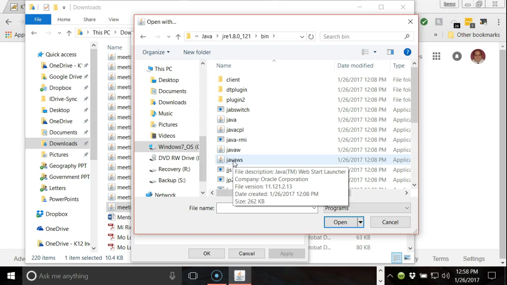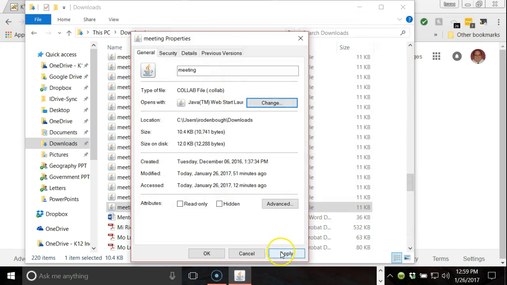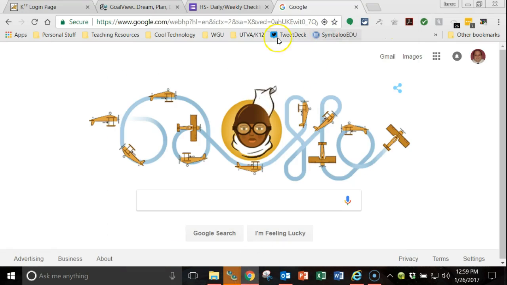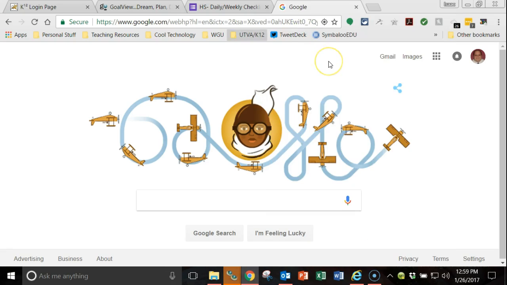If you hover over it, it'll say Java Web Start Launcher. That's the one that you want to select. You're going to select that, hit Open. Then you're going to hit Apply, and then you're going to hit OK. And then we'll go back to our browser and open up the